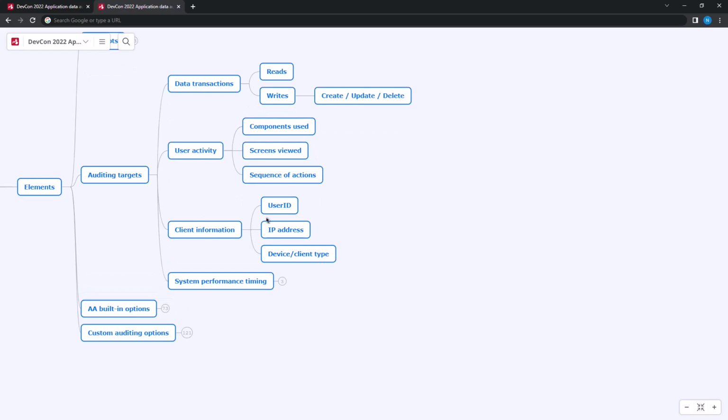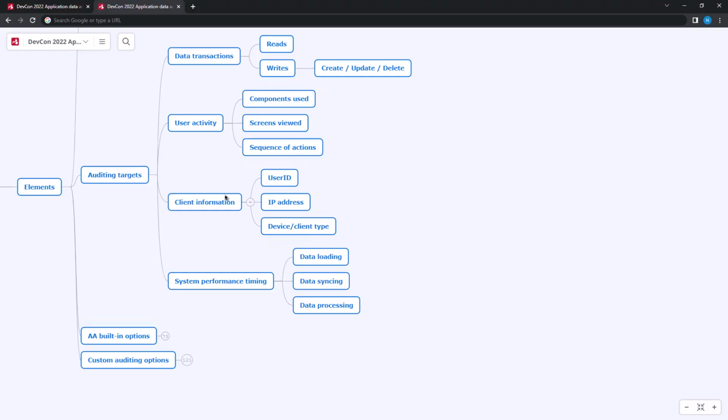Also, client information, things like what is the user ID, if there's a login system, of the user that is performing these actions? What is their IP address? Sometimes this helps to segregate groups of users between them and address problems more easily. Or even their device and client type. Are they working from a mobile browser or a web browser, and what type of browser? This kind of info is, again, specific to the action being performed, but there are also system-wide